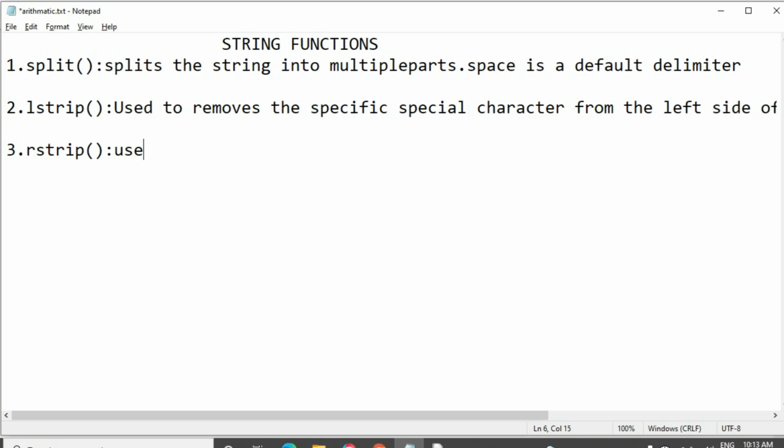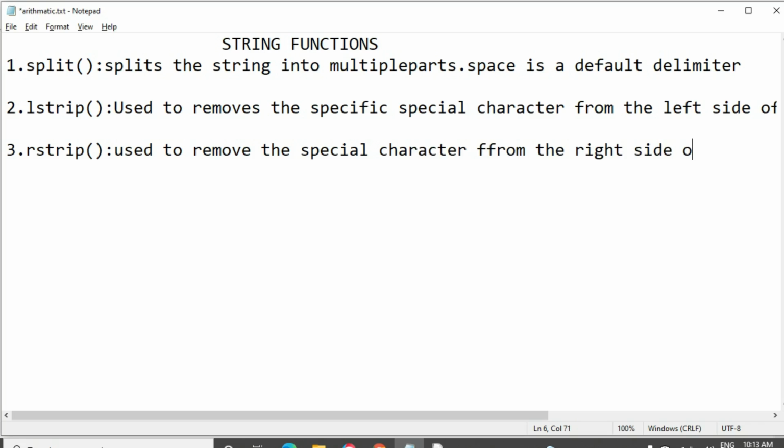Lstrip means left side of the string, rstrip means right side of the string.